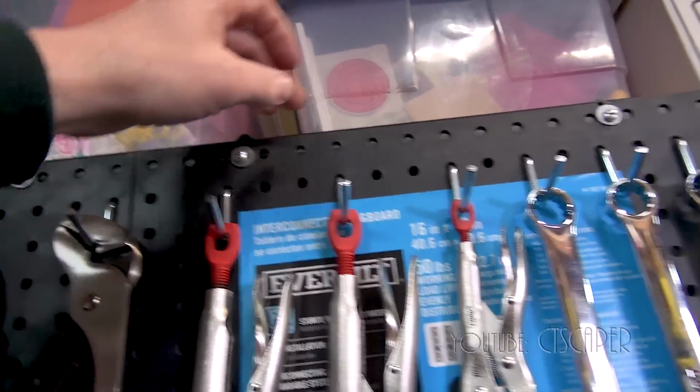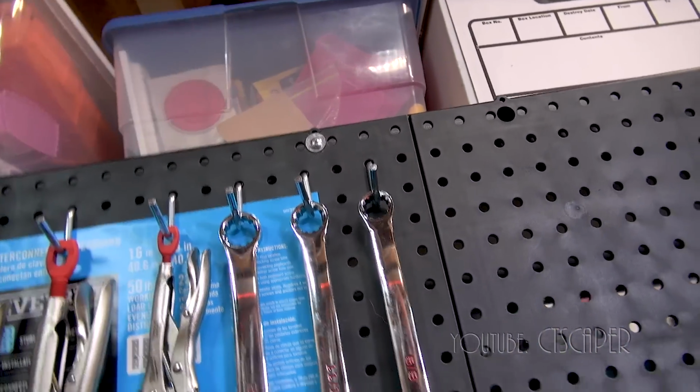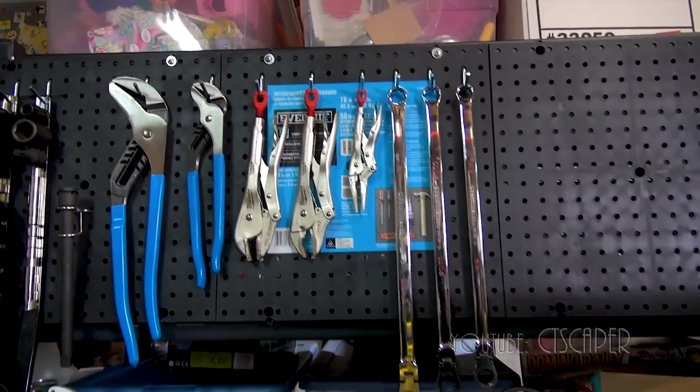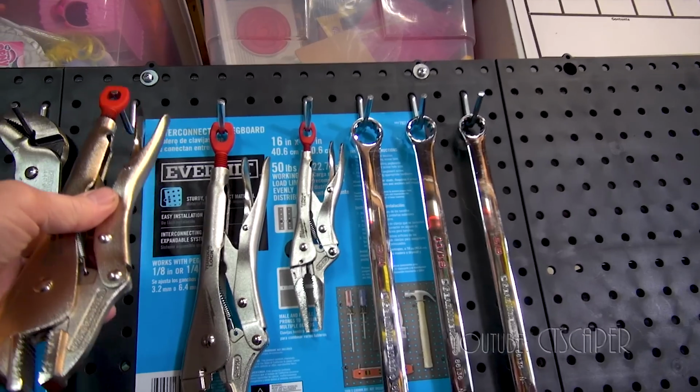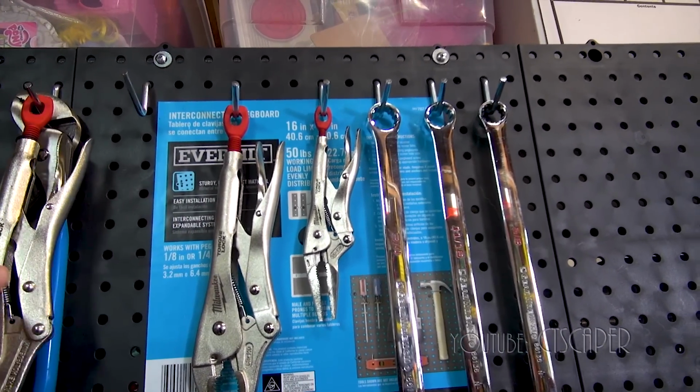And it's a really, really simple thing. You could do that flush on the wall. I just lost my train of thought. Somebody walked into the garage. But this thing here is